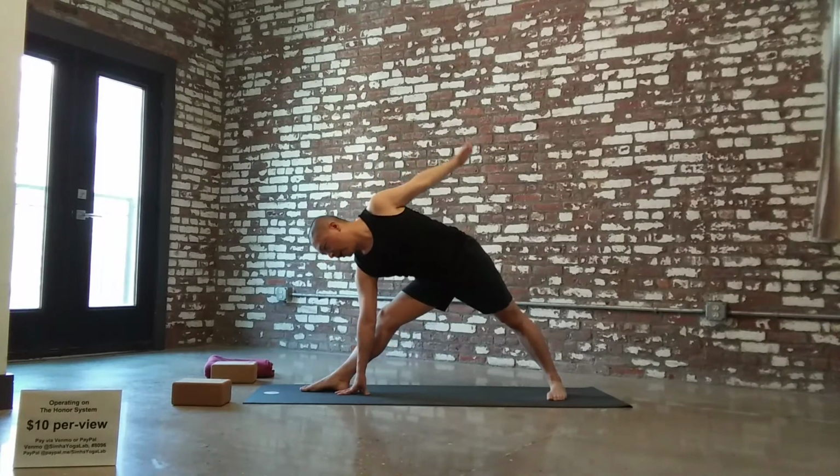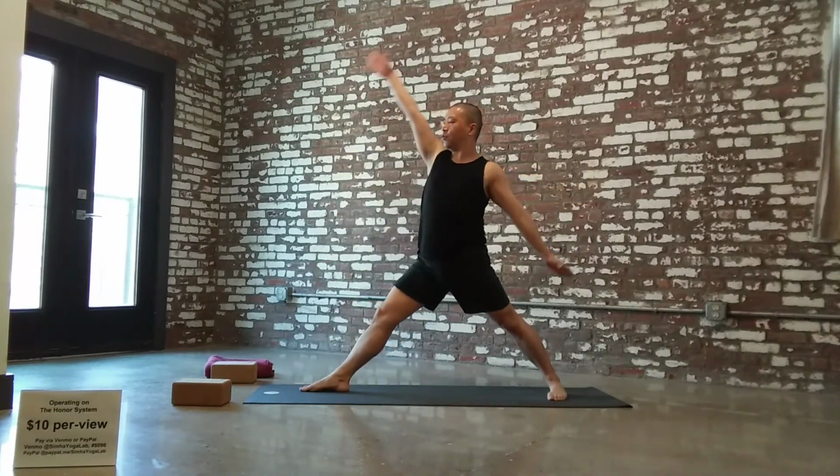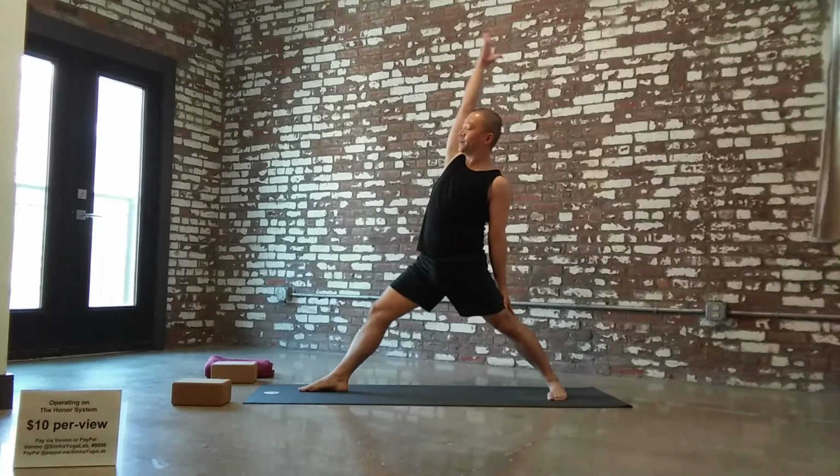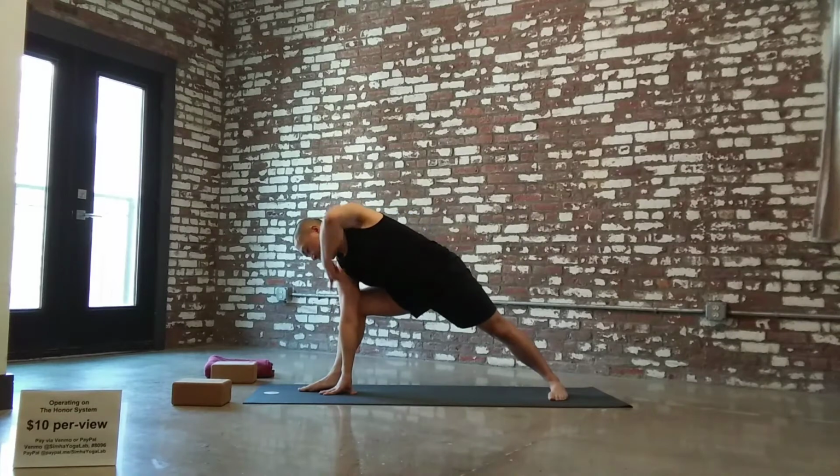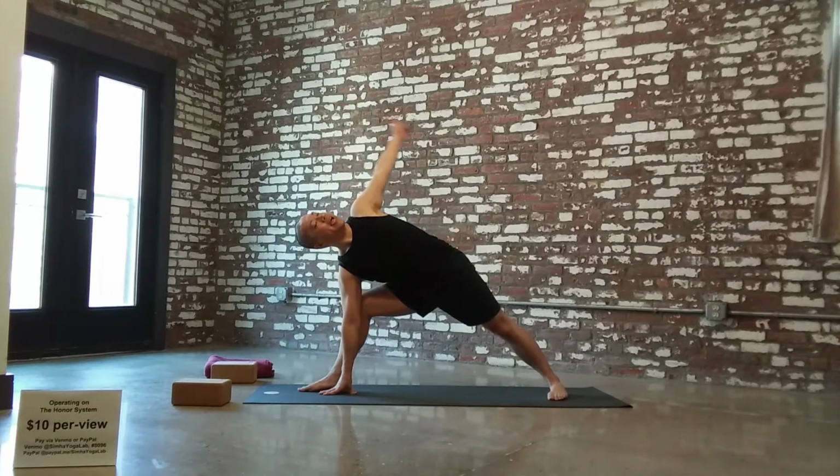And then take it all the way back up. Reverse triangle. Bend the front knee. Half bound side angle. Right hand to the floor or elbow to the knee. And then left hand behind you. Let your shoulders stack. Now as you stack your shoulders, you also want to lean the right arm to the